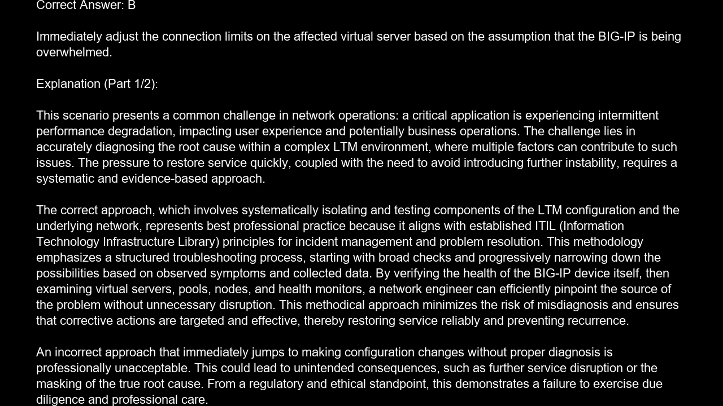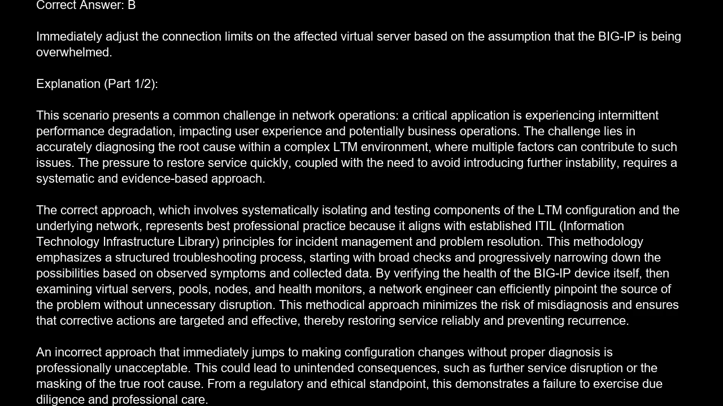The challenge lies in accurately diagnosing the root cause within a complex LTM environment, where multiple factors can contribute to such issues. The pressure to restore service quickly, coupled with the need to avoid introducing further instability, requires a systematic and evidence-based approach. The correct approach, which involves systematically isolating and testing components of the LTM configuration and the underlying network, represents best professional practice because it aligns with established ITIL, Information Technology Infrastructure Library, principles for incident management and